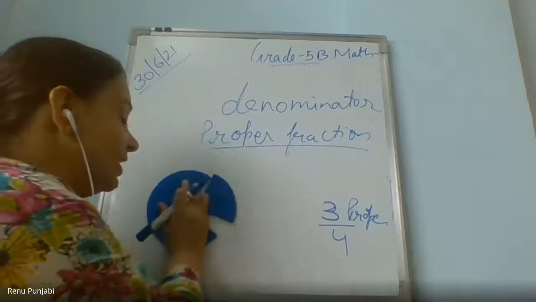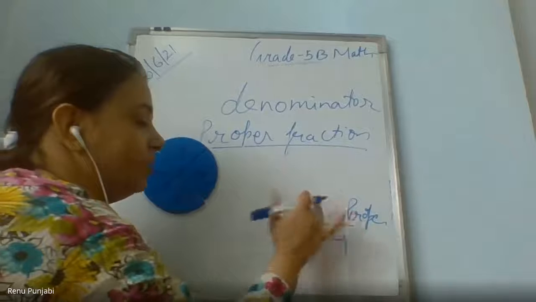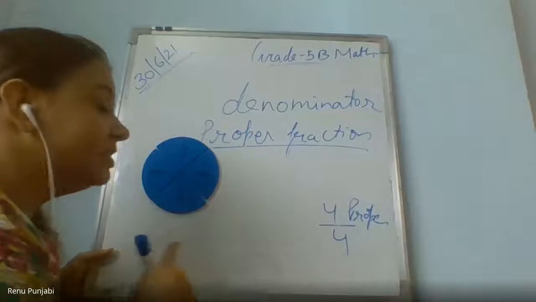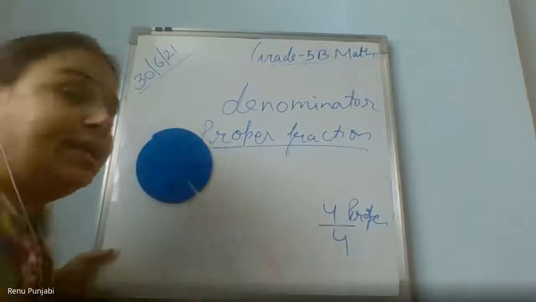But now मैंने ये पूरा ही केक 4 पार्ट्स किए, 4 के 4 पार्ट्स ही मैंने आयुष को दे दिए. 4/4 proper fraction? This is not proper. अभी तो fraction रहा ही नहीं ना. I have given the whole complete to Ayush.